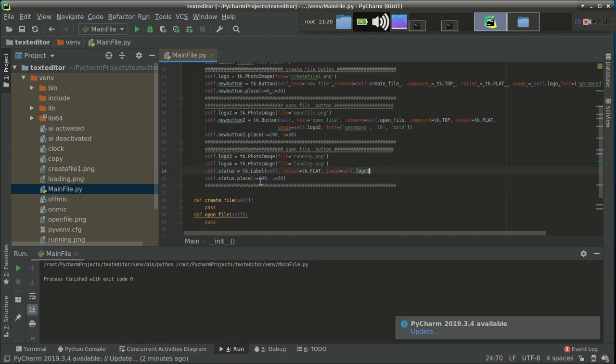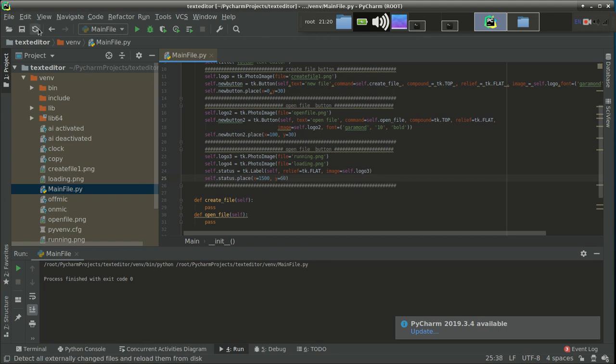Now specify the coordinates. I'll provide the x coordinate position as 15,000 and the y axis will be 60.